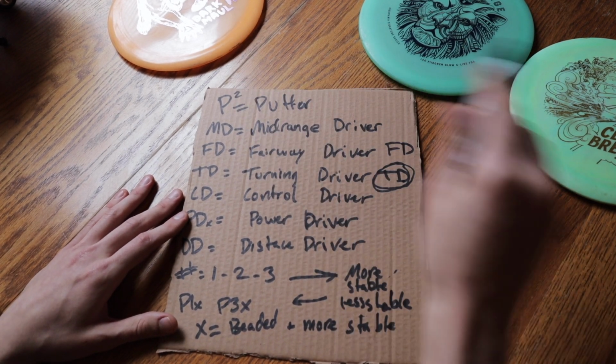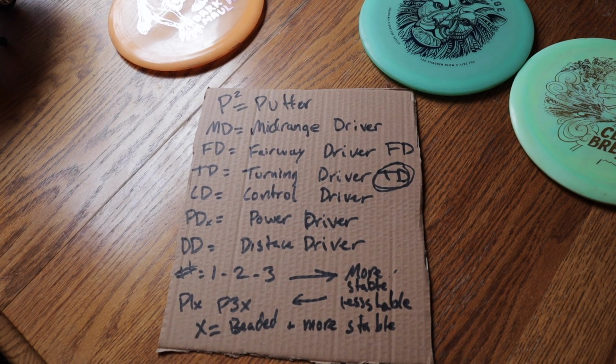So finding a signature series run of a disc that you really like can sometimes be really valuable in the Discmania system. So I hope you guys found a little bit of value in that. I know it's some pretty beginner and some pretty basic stuff, but if you're not familiar with the Discmania brand,